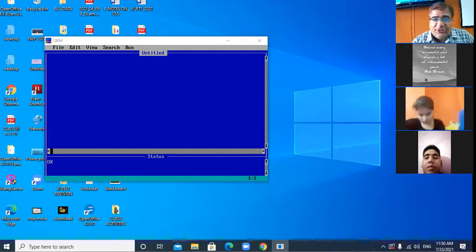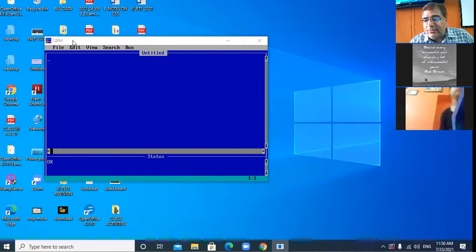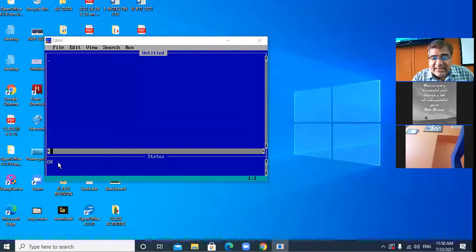Here you see, first of all, the title bar, which displays the name of the application. Then you have the menu bar: file, edit, view, search, run. These are the menus present in the menu bar. Then this area is called the status bar.